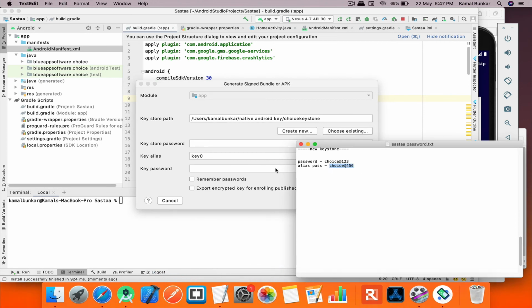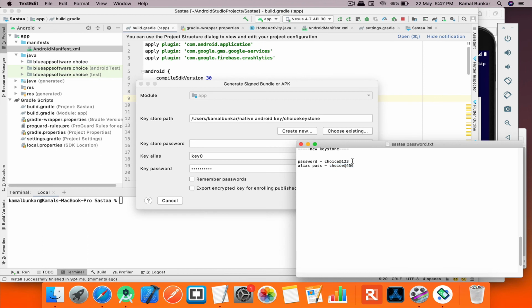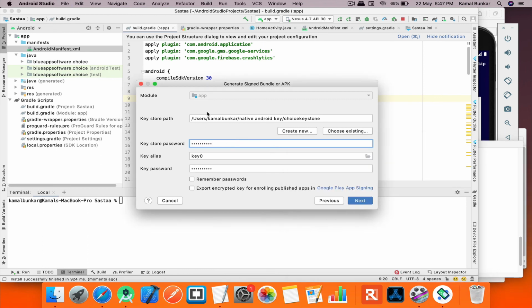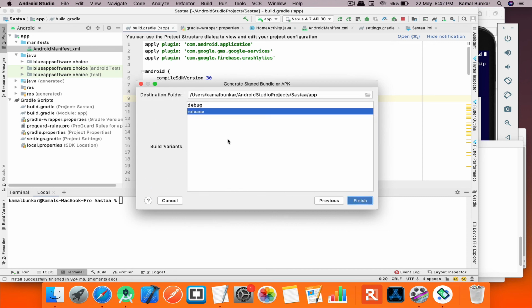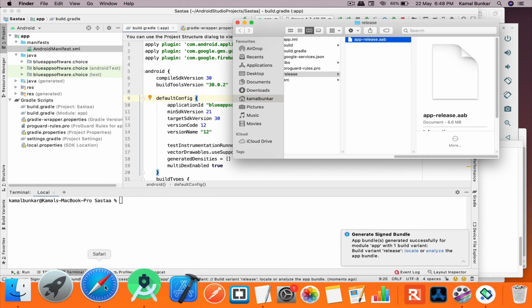Suppose you make a mistake, or you have successfully uploaded your app and next time you want to upload it again, you should increase the version number, then do the same process as I am doing here, release. Now it is ready.